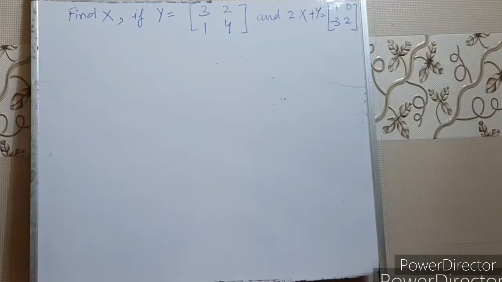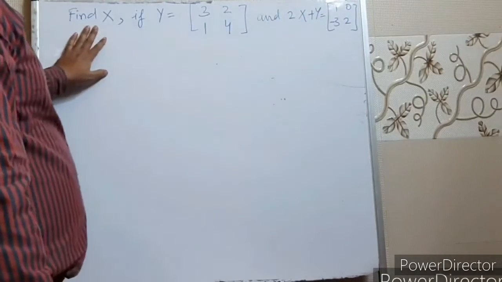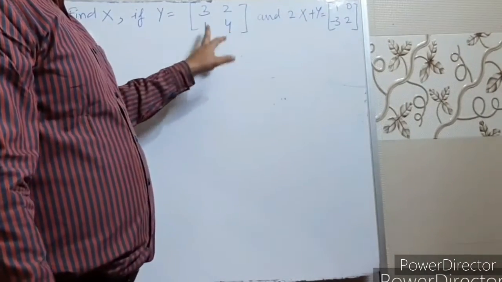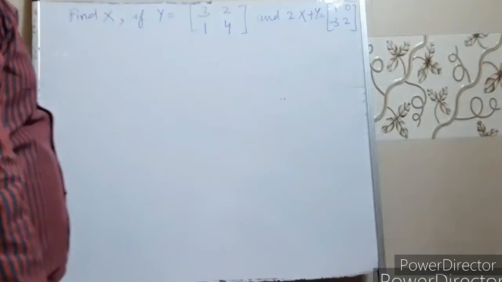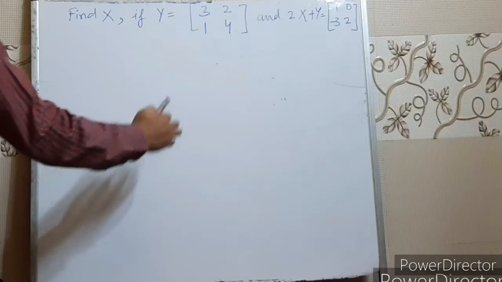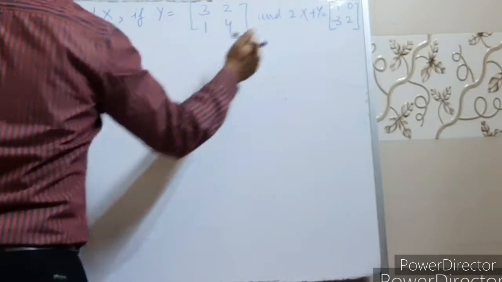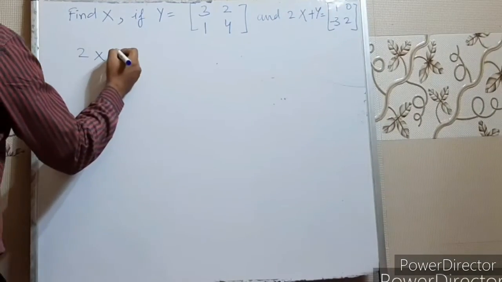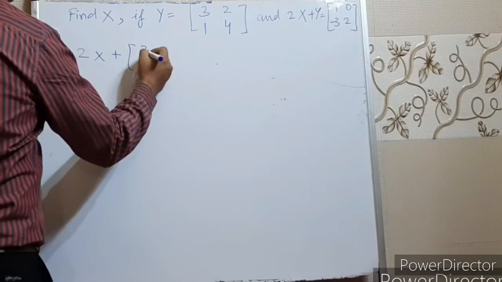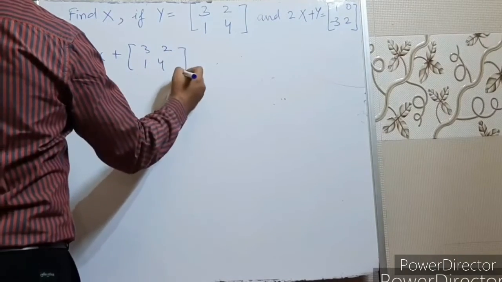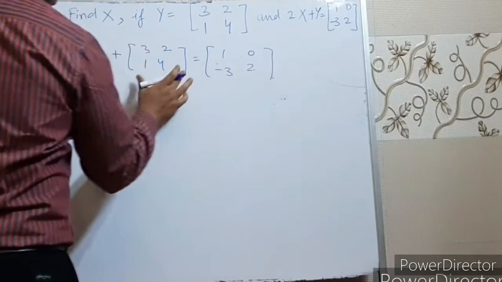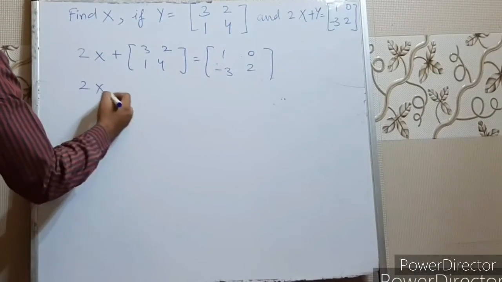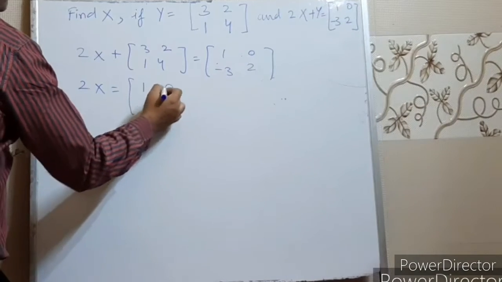In this sum, we need to calculate the value of matrix X when Y equals the matrix [3, 2; 1, 4] and 2X plus Y equals the matrix [1, 0; -3, 2]. So when we substitute this value of Y in this equation, what will we get? 2X plus [3, 2; 1, 4] equals [1, 0; -3, 2]. Transfer this matrix to that side, you will get 2X equals